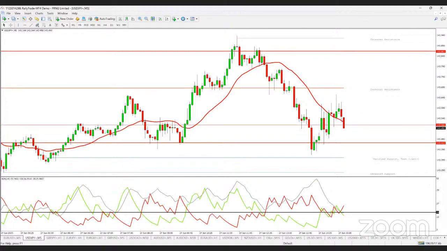143.422. You can take up a sell to that region. Then once price gets there, please stop your trade and enter an instant buy. So for now, go ahead and sell USD JPY or set up a buy limit. That's actually what we're going to do. You're either going to be selling now to price